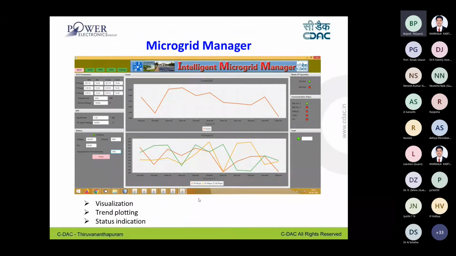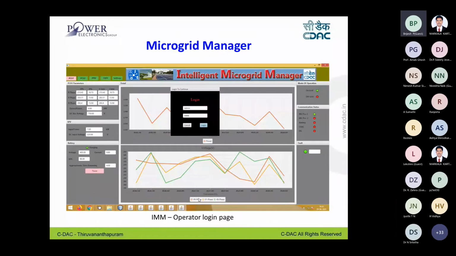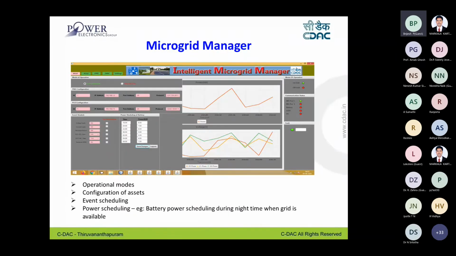This is the primary application, and with administrative power, you can select the operational modes, in the case of power scheduling. If it is operating in standalone mode with a battery, you can even schedule your power for daytime and such things.